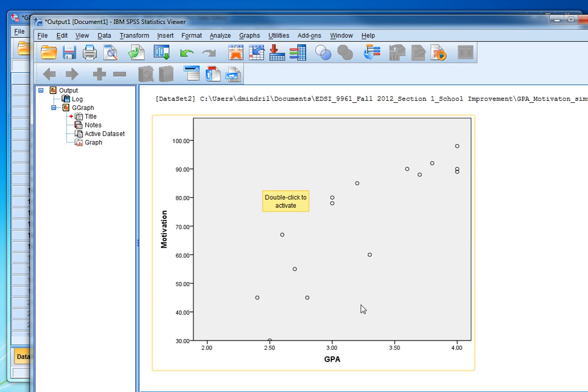And in the output window, we have a scatter plot of the two variables. We have GPA on the x-axis, motivation on the y-axis. We can see that the scatter plot describes a linear positive relationship between the two variables. This relationship seems to be very strong, but to have more evidence to support that conclusion, we should compute a